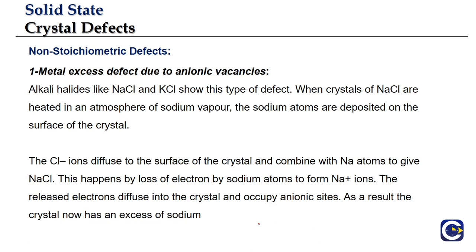The non-stoichiometric defects, this is an important one, because if there is a numerical question in this particular segment of the chapter, it will be coming from the non-stoichiometric defects. So what is a non-stoichiometric defect? These are the defects where the overall formula of the compound will be changing. That is why we are using the word non-stoichiometric defects. The stoichiometric formula of the compound will be changing.